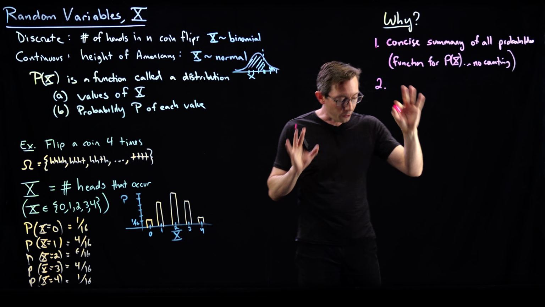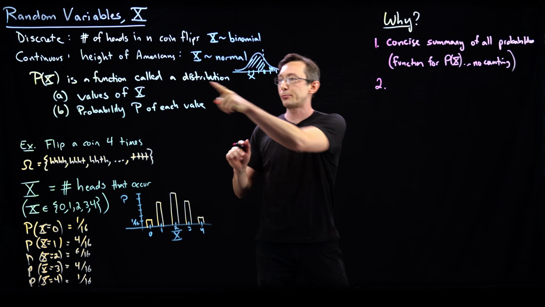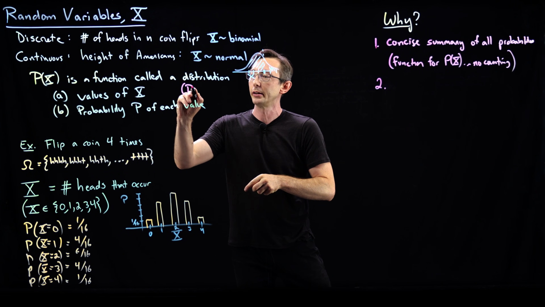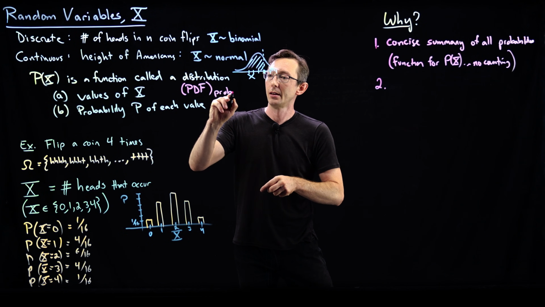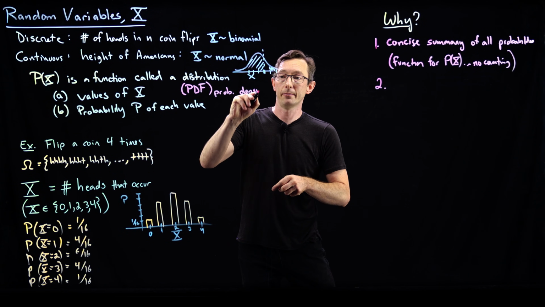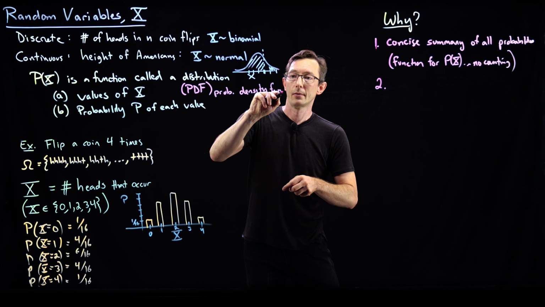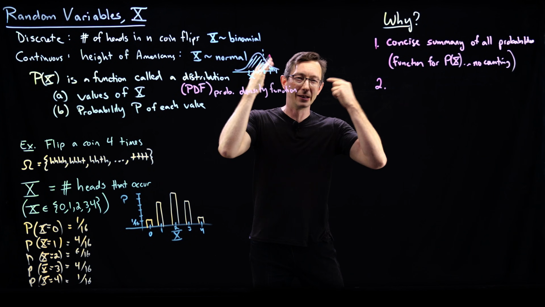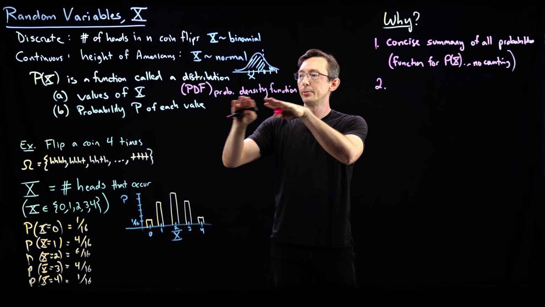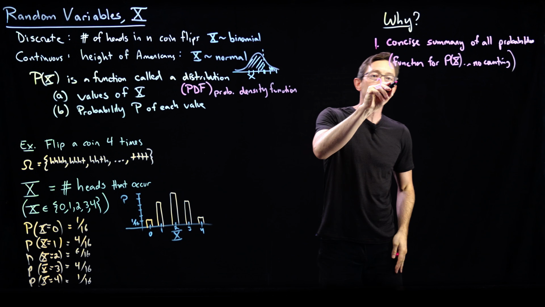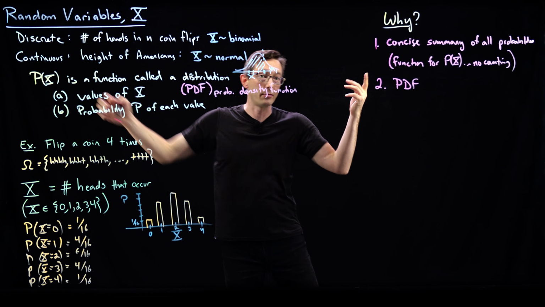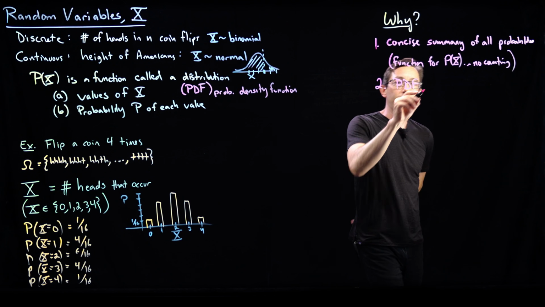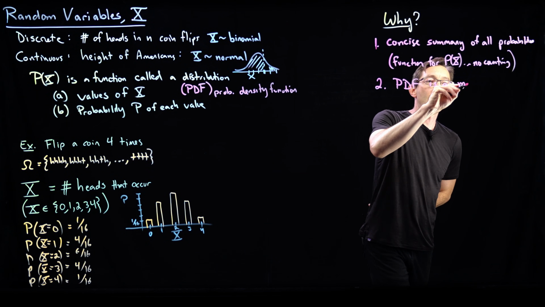Second, the probability density function, this probability distribution, sometimes we're going to call it a PDF, which is a probability density function. And usually I think of probability density functions for these continuous variables. This PDF is just a shorthand I'm going to use to define my probability density. This PDF is a model